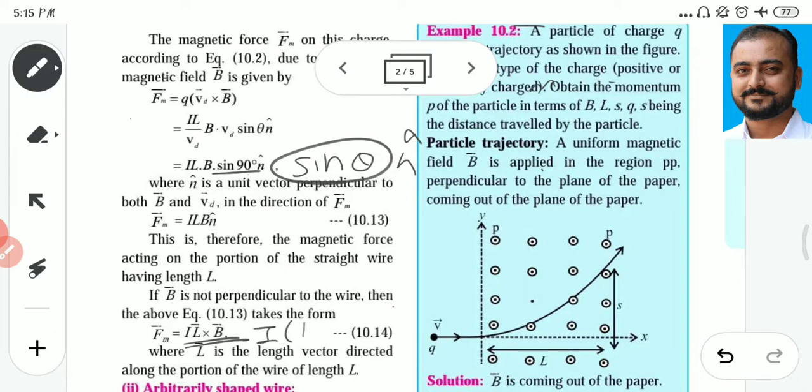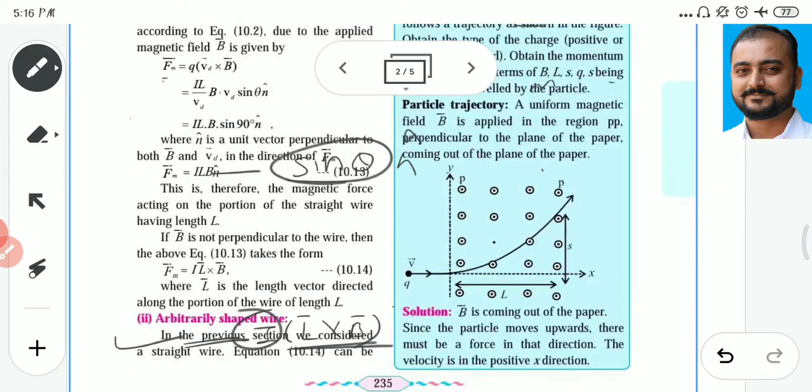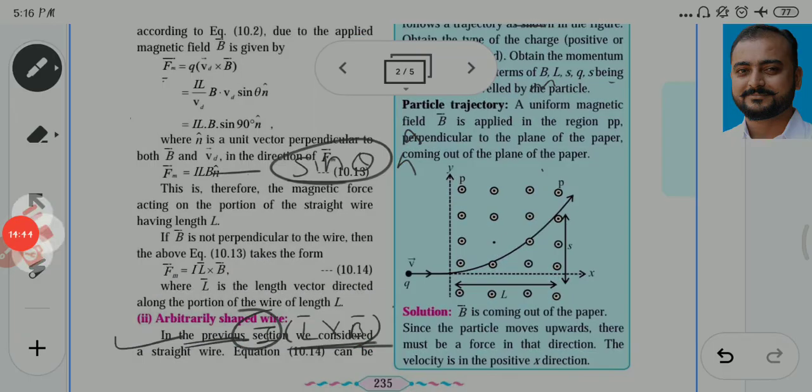Means you can simply write (L bar cross B bar) in bracket, and this I outside remains as it is. So in this manner, this is the equation of force for a case where the length of the conductor and the magnetic field induction are not perpendicular to each other. Okay, so this is related to your straight wire. In the other case,